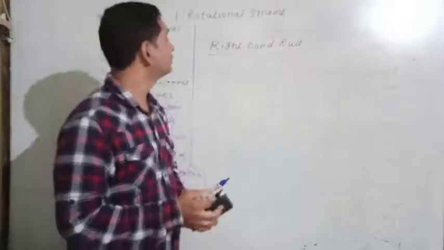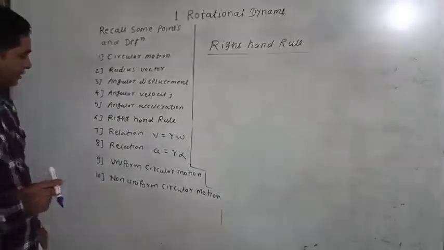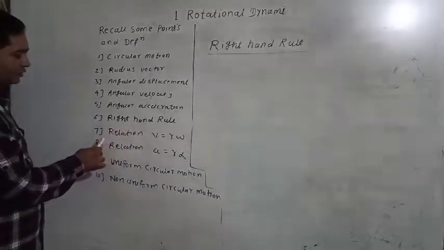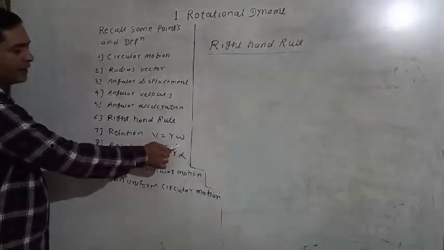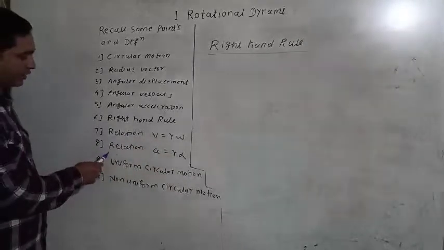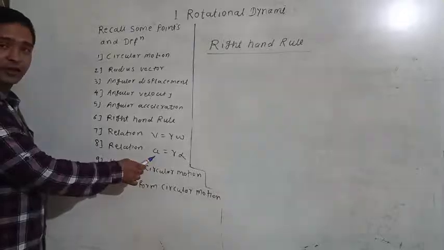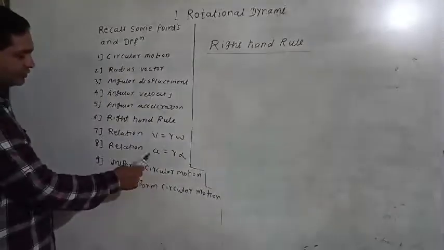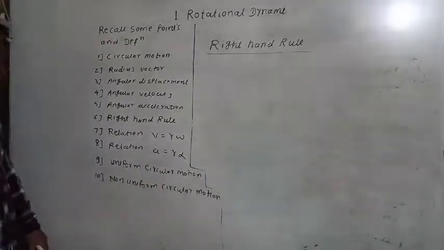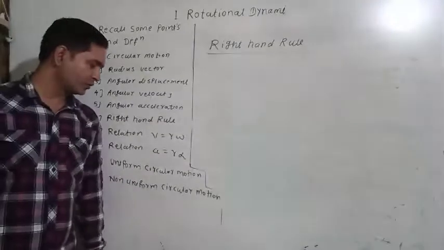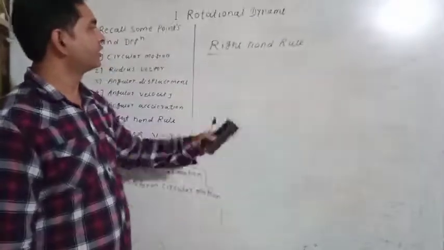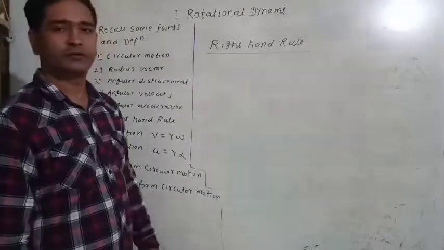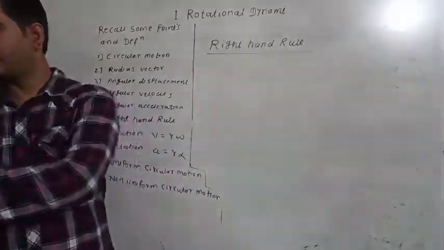Hello student, today we will discuss the right hand rule and the relation between linear velocity and angular velocity, then the relation between linear acceleration and angular acceleration, then uniform circular motion and non-uniform circular motion. So first we take the right hand rule. We know that the right hand rule